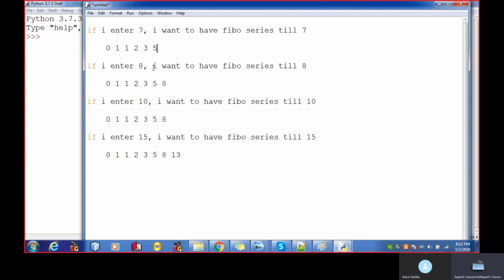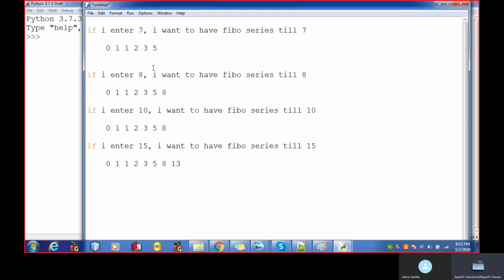Now, the first step to learn how to make the Fibonacci series: just put your concentration on the very first three numbers. Forget about 2, 3, 5 for the time being. Just put your concentration on these three numbers, right? Now this is your first, this is your second, and this is your third, right? Now I want to include my second number in my list, right?